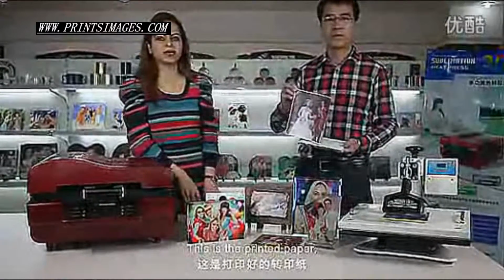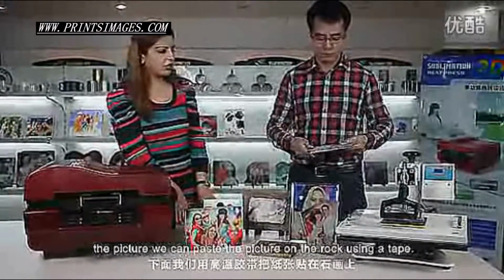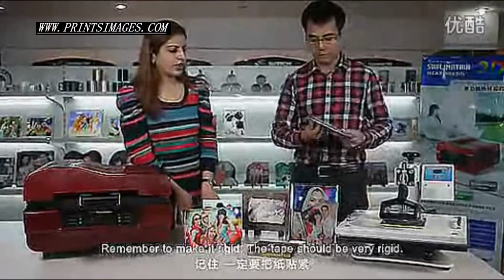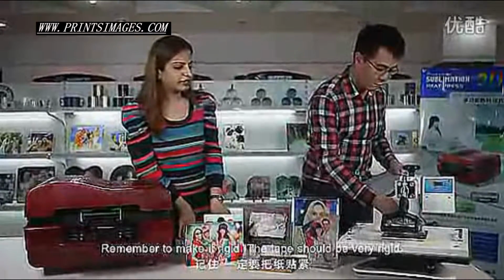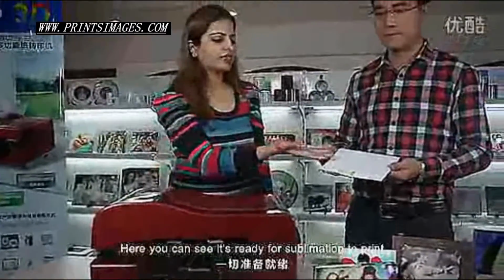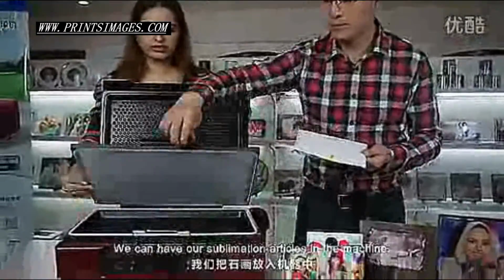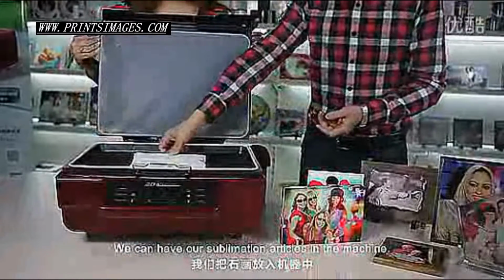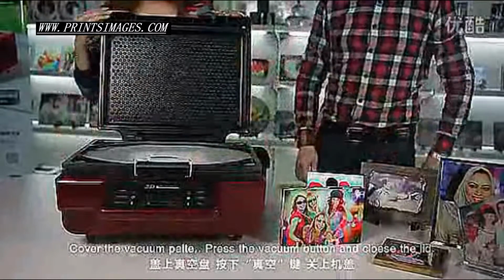This is a printing paper. The picture, we can paste the picture on the rock using a tape. Remember, make it rigid. The tape should be very rigid. Here you can see it's ready for the sublimation print. We can put our sublimation articles in the machine, cover the vacuum plate, press the vacuum button,